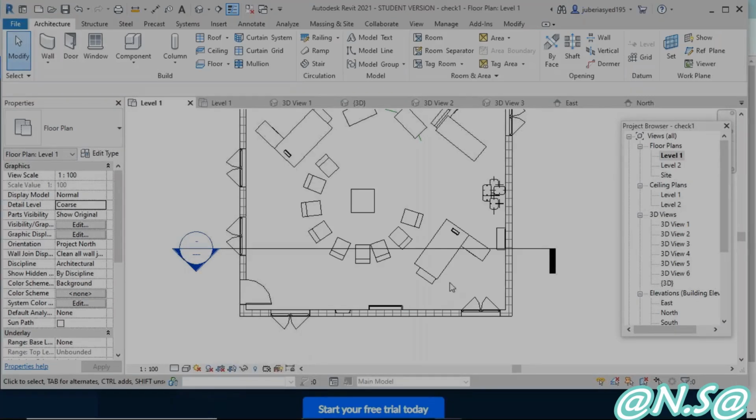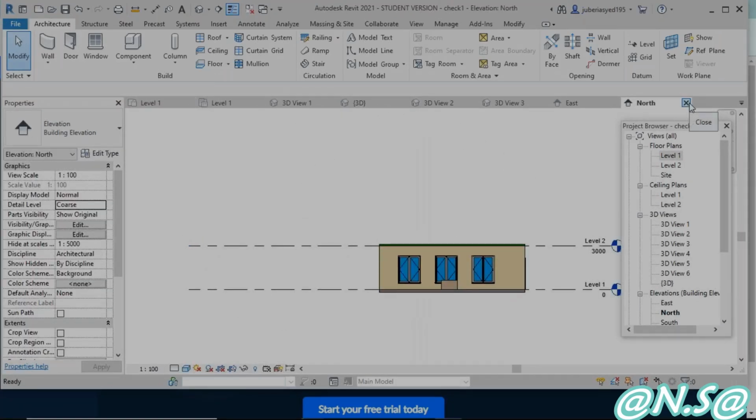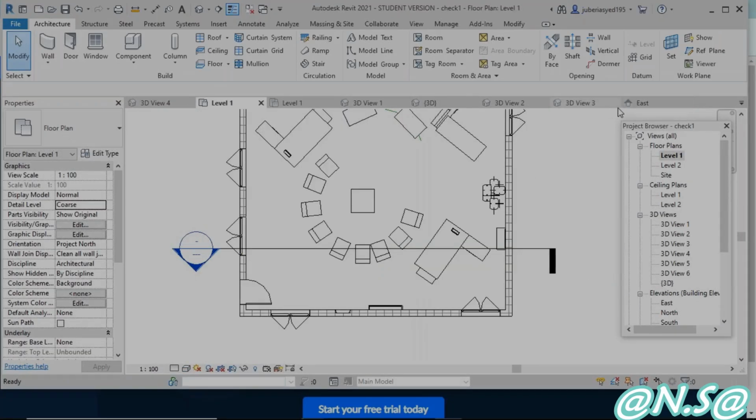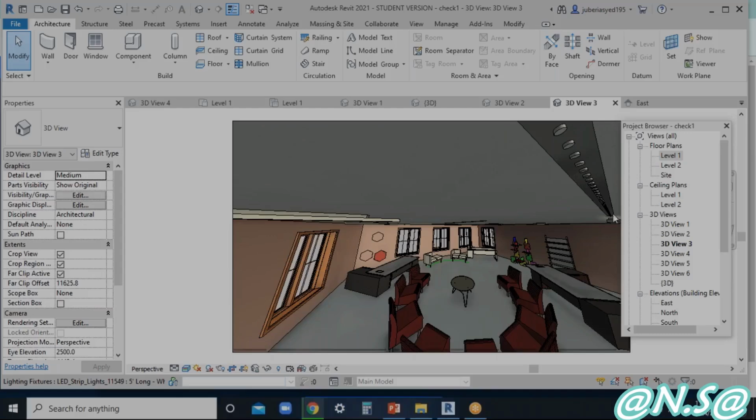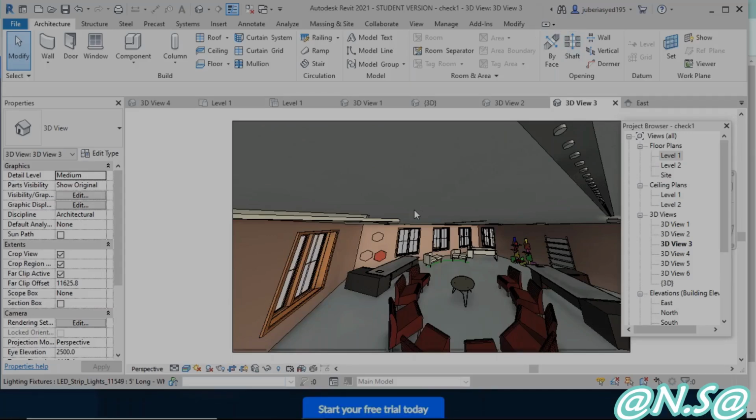This is about the entire screen user interface of Revit. Hope it is clear. From tomorrow onwards, we'll work in the software. So after opening the software initially,